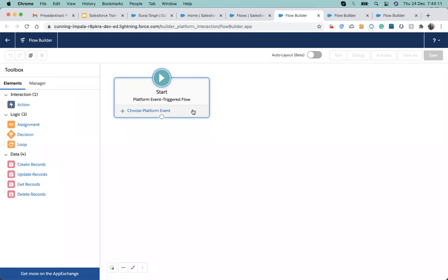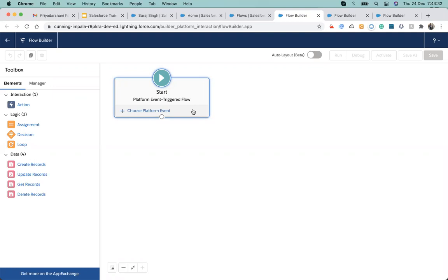Whoever in the legacy system subscribes to that event will get the notification, and that system will make a request to the Salesforce server to get the details of the updated records and make a two-way sync between Salesforce and the legacy system.